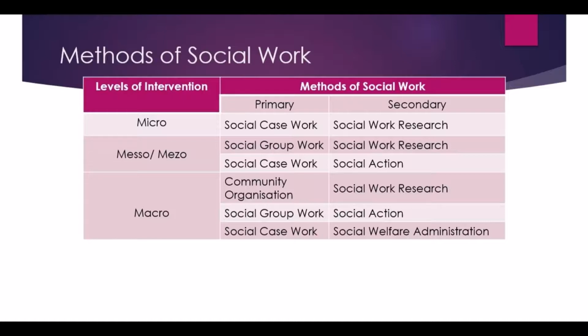We also have the secondary methods, which are also known as the indirect methods. And why they are indirect is because you are not dealing with the clients directly over here, but your interventions are going to affect the client indirectly. So the first method here is social action, which means you are doing some action for and with the society. Like any movement that you pick up, that is a part of social action. So there is a problem, people gather together, they organize themselves and go for an action, and that is what is being called social action.